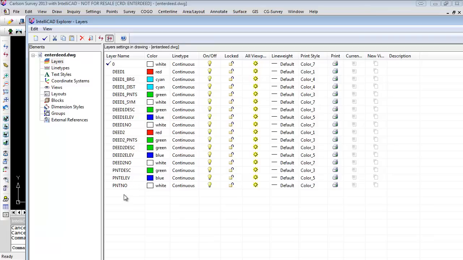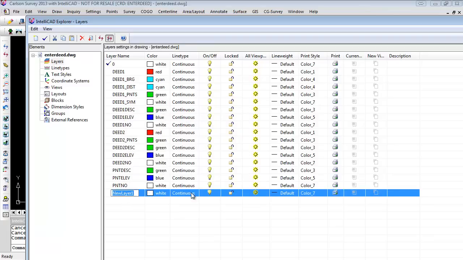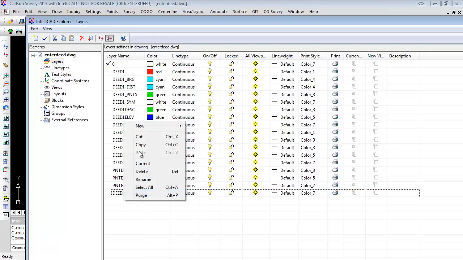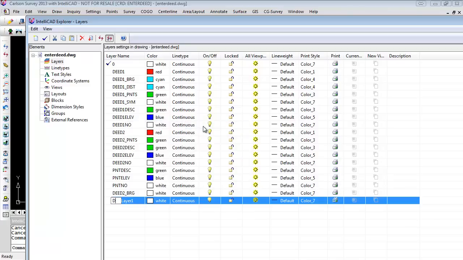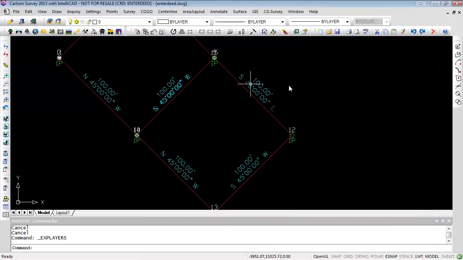Let's just do new layer deed 2 underscore bearing, and new layer deed 2 underscore distance. Okay, I'll close that down,